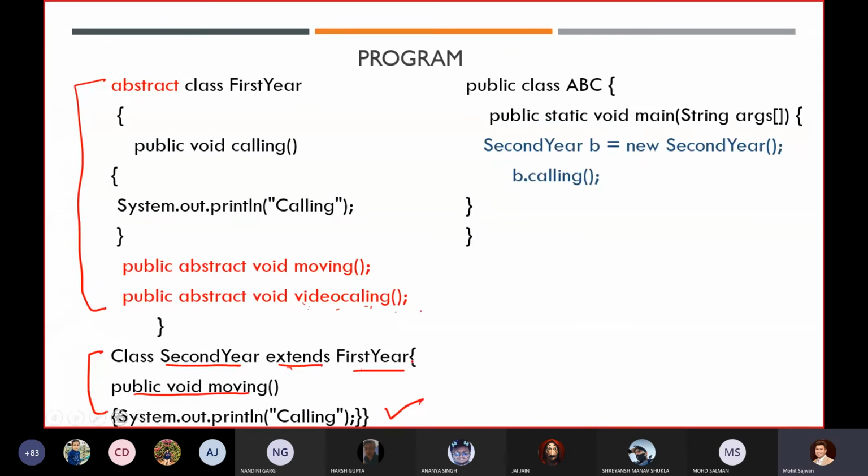So you will say, okay, we have created this class as normal, and we can create an object of a normal class, so no issue at all. But remember,